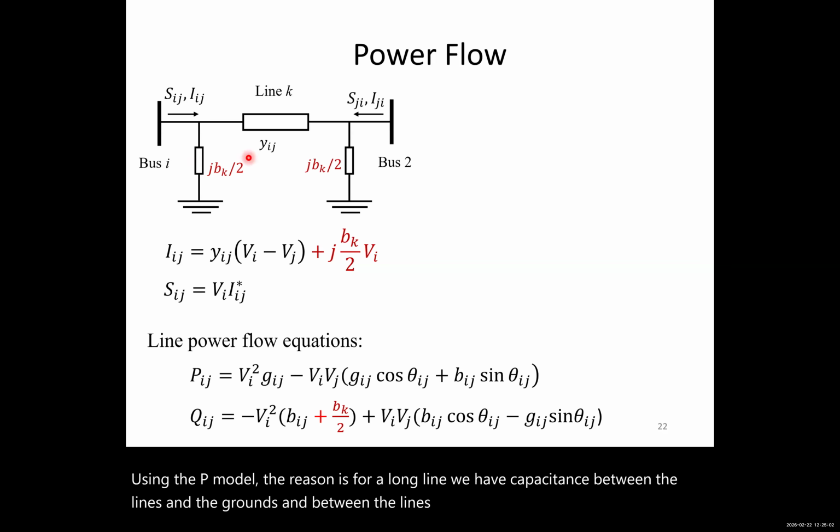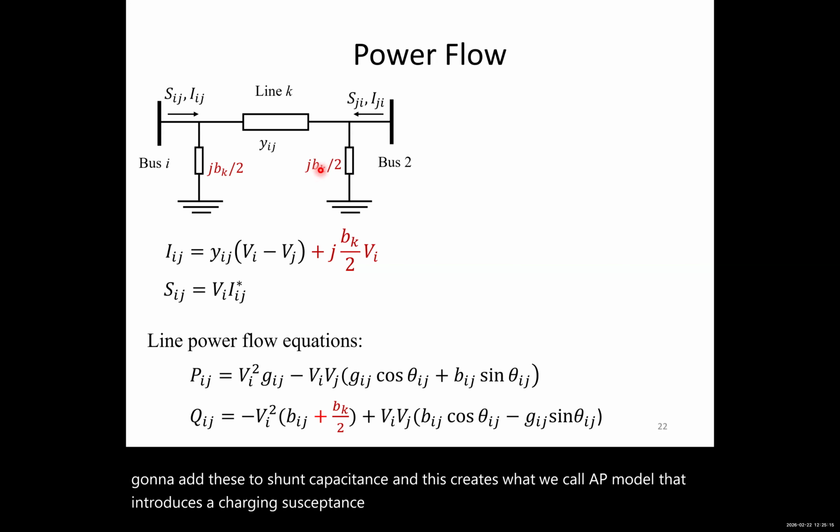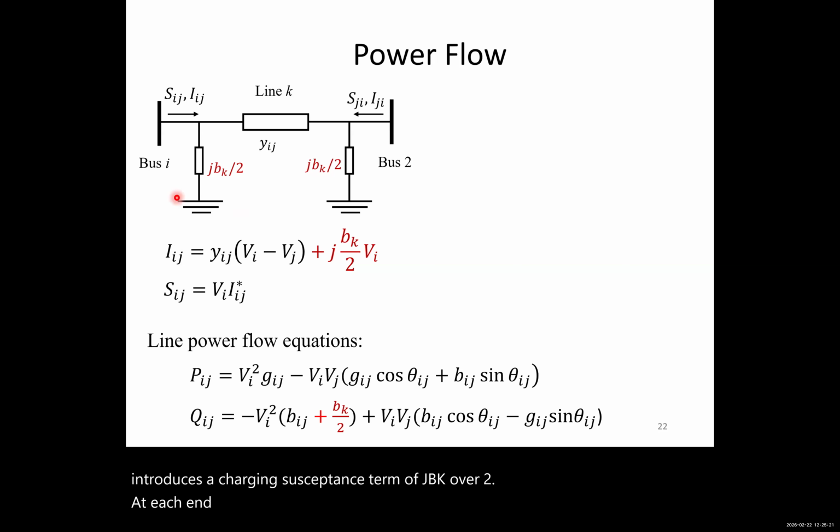So we're going to add these two shunt capacitances, and this creates what we call a pi model that introduces a charging susceptance term of jBk over 2 at each end. This primarily affects reactive power and voltage behavior. It doesn't affect the real power